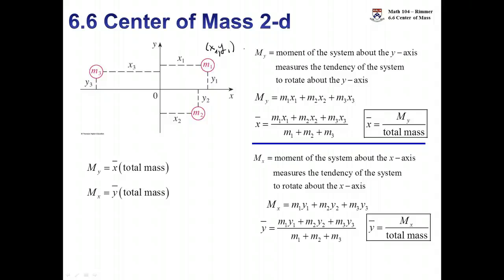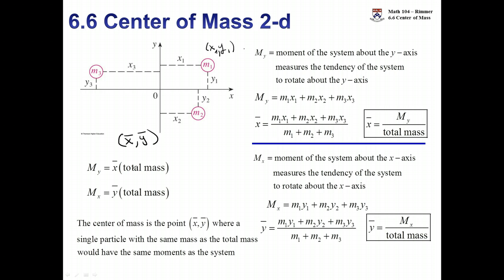This center of mass, x bar, y bar, is a point in space where if you were to put the entire mass, total mass, at that point, it would have the same moment about each of the axes as the system has, basically. Okay, and so the likelihood to rotate about the y-axis is the moment M sub y. The likelihood to rotate about the x-axis is the moment M sub x. And so